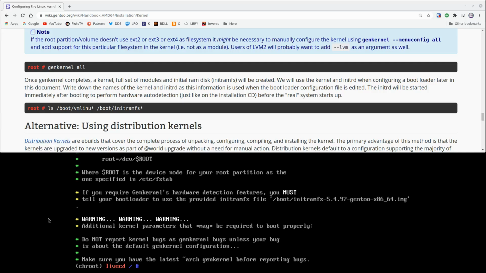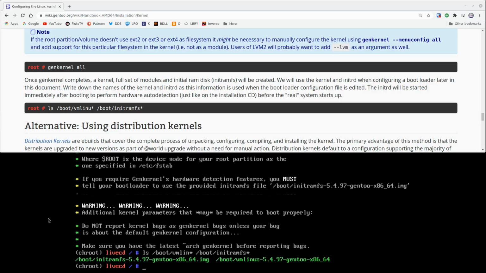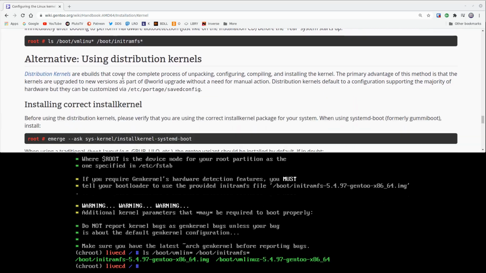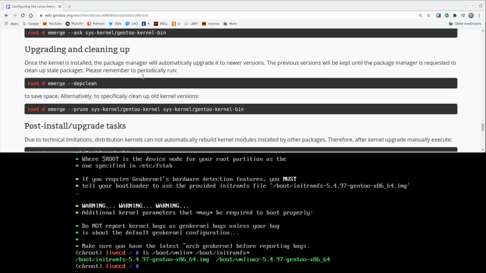In the next part here, we're just going to confirm that the files that we need have been created. So, /boot/initramfs-*, and you should see 2 files, and we do. These are the 2 we're going to need later, so we're good to carry on. Now the next section is alternative: using distribution kernels, which we're going to skip because we used the kernel we compiled. So keep scrolling down,